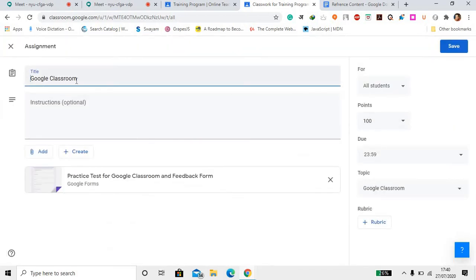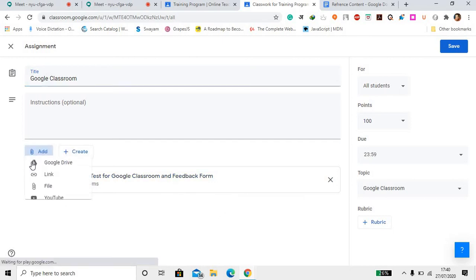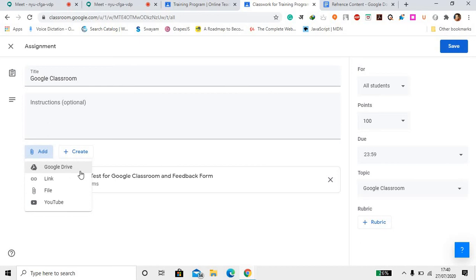You can simply give a title, what is the quiz regarding, and it will automatically create a blank quiz file. You can edit that file, or you can simply add any kind of file that you have made earlier and present in your Google Drive, that quiz. Okay, or you can simply select any link that has a test